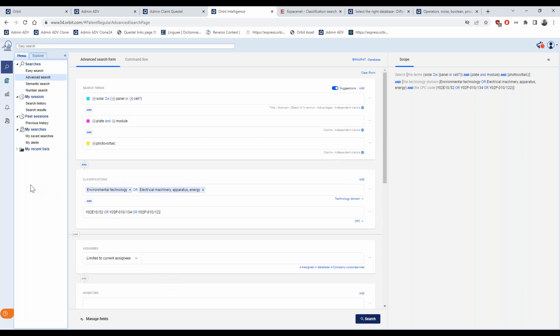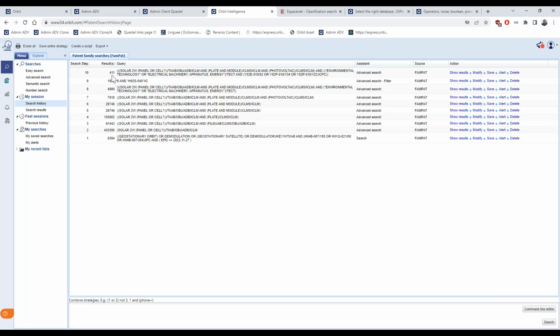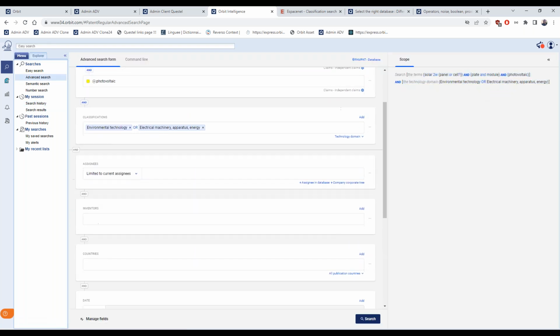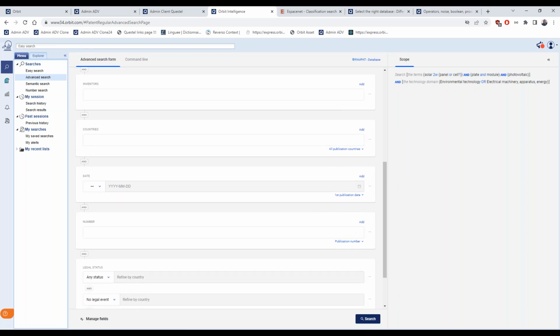Okay, so now speaking about the dates, maybe I go back and find another search query with broader results, because the last one was very narrow. Maybe let's take this one. So I'll modify it again. In the date section, you have four criteria of time: before a date, since, between, a time frame, or precisely on.